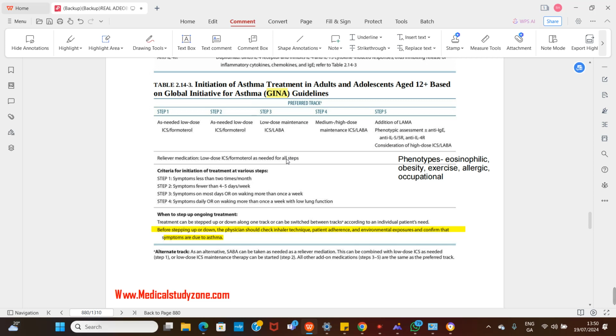So that's that about the steps. So just look at the question stem. Is it talking about the patient having